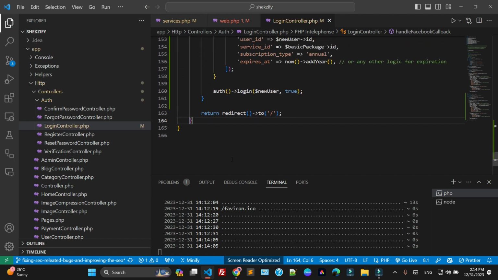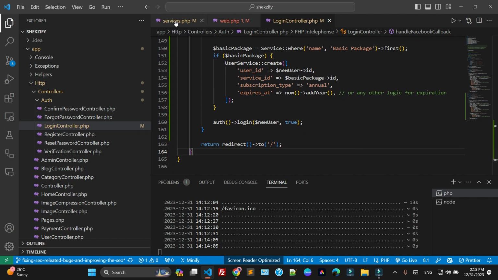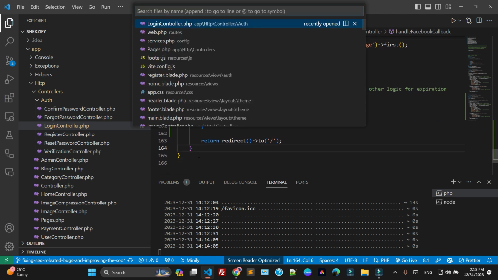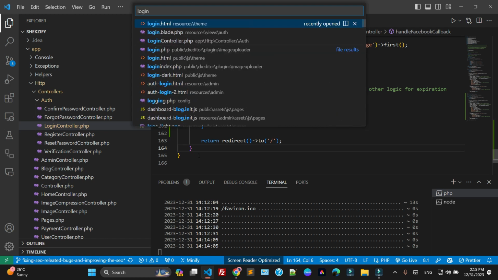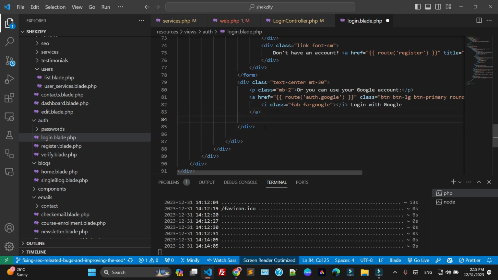Fine. So here, as you can see, we have implemented or are going to implement this one. Since this is the controller, we know that we have to create the login blade. So as you can see, this is the login blade. Now if I just press enter, Copilot is not suggesting anything here. Okay, so if I say